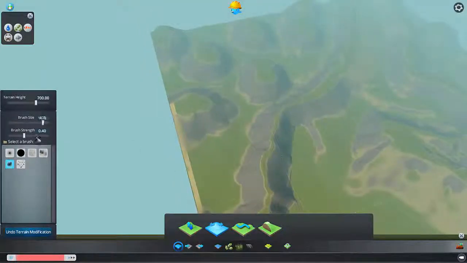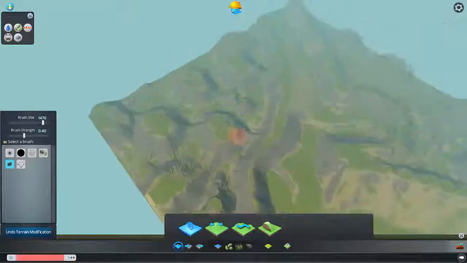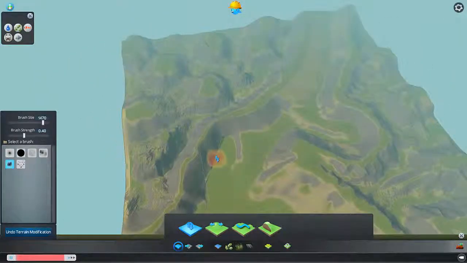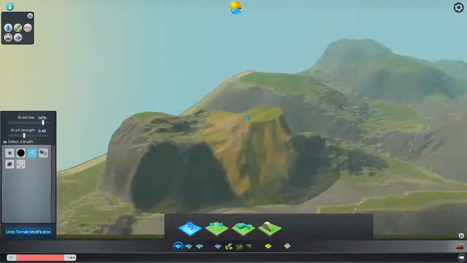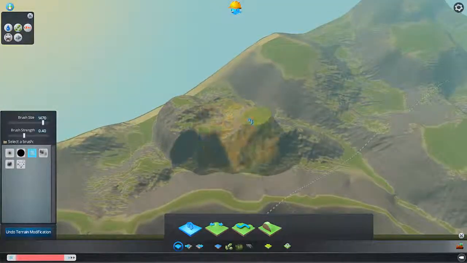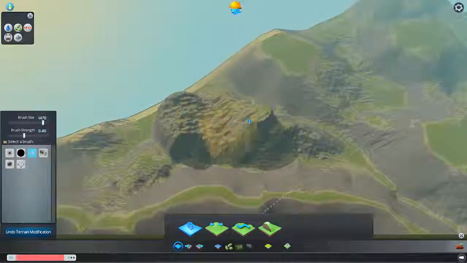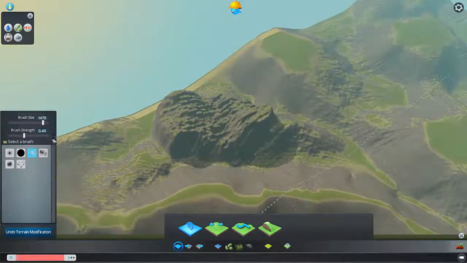So just splodge one down. How do we make things look better? We subtract and then we add. So here is a flat top. Subtract and then add the same thing,